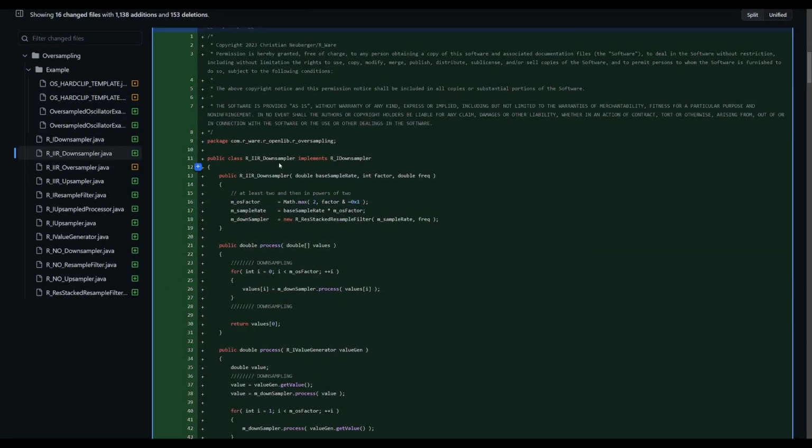This is the IIR downsampler. It implements the RI downsampler interface. We need to use this interface to be able to switch between different types of downsamplers. For now, there is only an IIR-based, infinite impulse response-based, downsampler and upsampler. These are not linear phase. They are reasonably minimal phase, but they are very efficient compared to FIR-based up and down samplers that can be linear phase. These will come in the future, but for now we have the IIR up and down sampler and